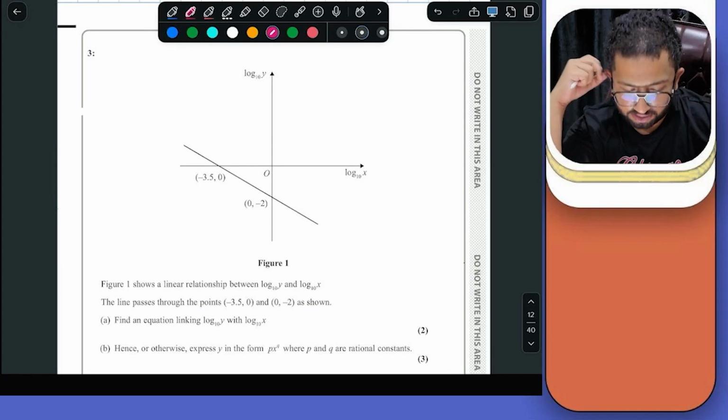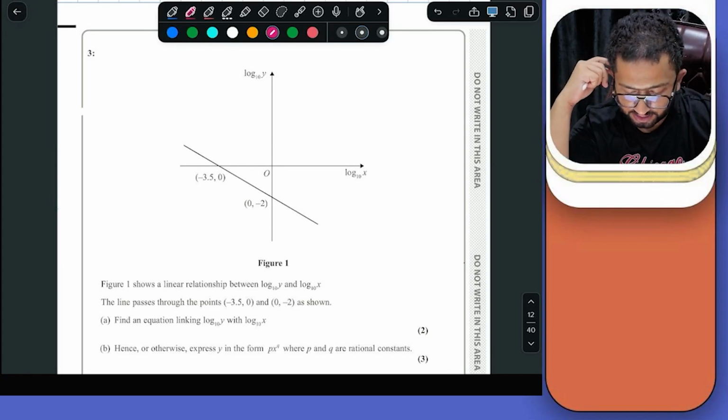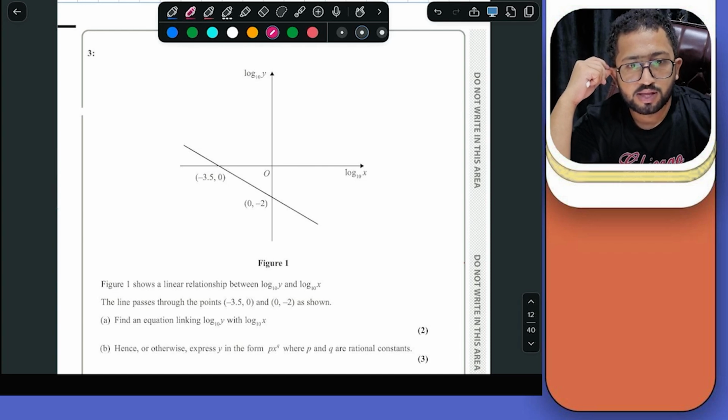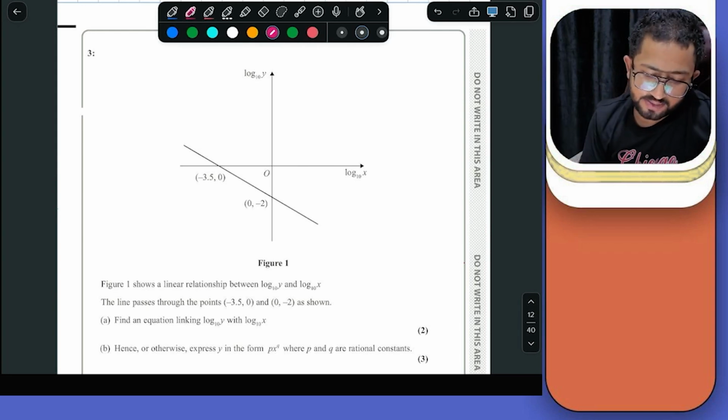All right, so let's talk about question number 3. Figure 1 shows a linear relationship between log y and log x. The line passes through the points minus 3.5, 0. Find an equation linking log of y with log x. Okay, so let's find out the equation